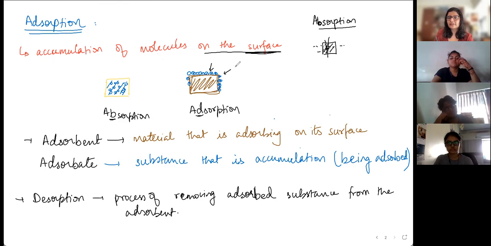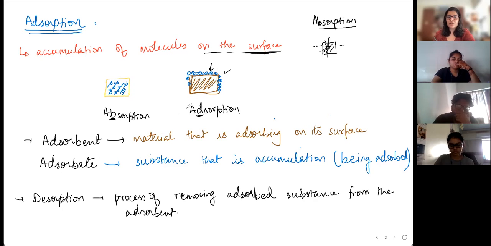So you've heard of absorption, which is basically when something is taken all the way in. Think of a sponge absorbing water. The particles go all the way into the bulk of the substance. That's absorption. In the case of adsorption, they just remain on the surface. If you cut charcoal in half, you won't find any gas molecules on the inside of it. It's only on the surface. That's an important distinction between absorption and adsorption, so you need to be careful about what word you're using.